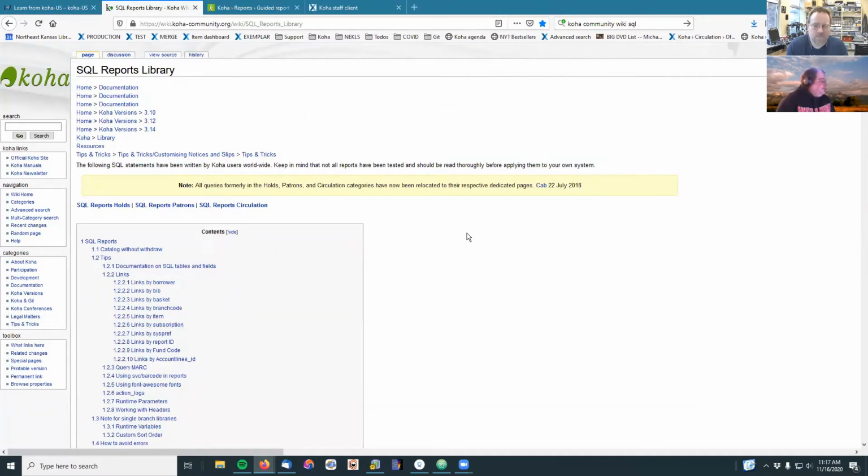That's usually where I start making reports: I'll find a report that's already written, and then I'll build off of that. I'll change it or tweak it. Sometimes I even find a report here that I've already written myself, and then I have to figure out why I didn't save it, or realize that I did save it and just forgot. And I highly encourage, if you come up with a great report, to add it to this